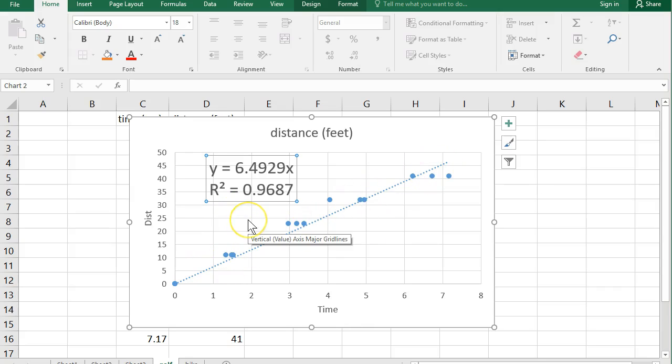R square value, the technical name is the coefficient of determination. Another way to describe it is the goodness of fit. And really what it's telling us is how well this line matches these data points. I like to think about it like a grade. If I had a grade of 96, I'd be pretty happy. That's pretty good. If it was 1, that would be a 100% fit, and all of these dots would be